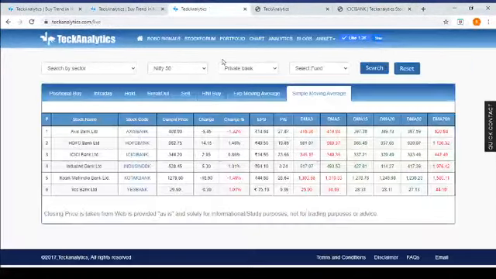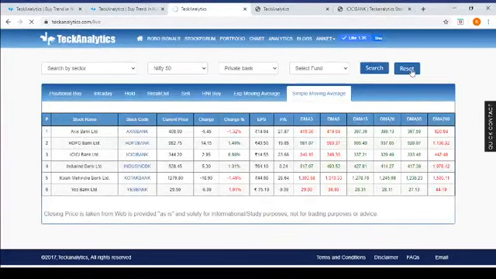So you go and see that 344 is your CMP and 442 is your DMA 200 days. If you are a big investor or a long-term investor, you will always watch this value very closely. Whether the stock is below 200, some people don't buy any stock if it is below 200 days. They only buy stocks which are above 200 days, right? Bullish signal and super bullish. So you can play with it.